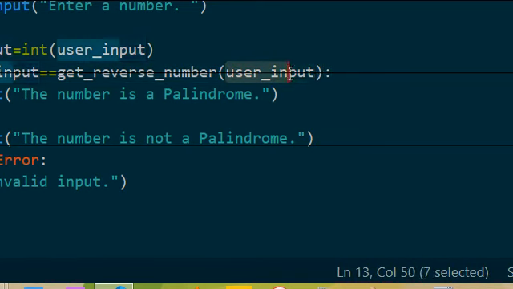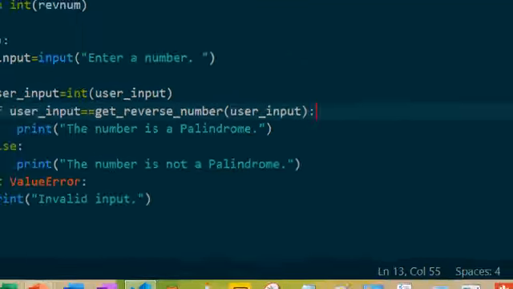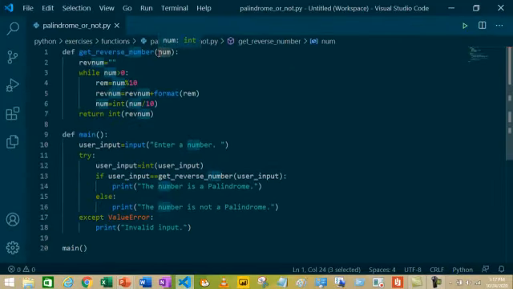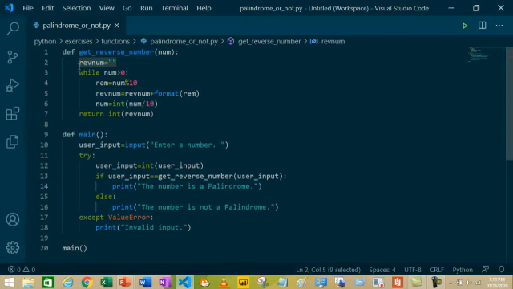We are passing the argument, which is the user input, and the parameter takes the value and stores it in a variable called num. Revnum equals an empty string. The revnum variable will store the reverse number of num.